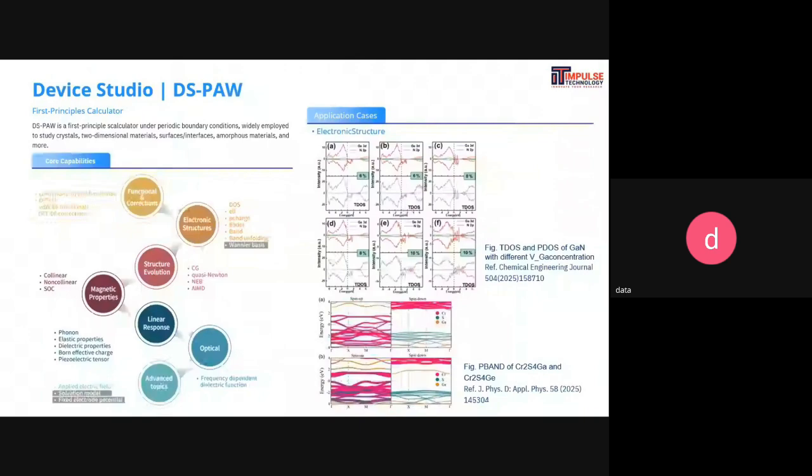Now let's talk about the third software, which is the DS-PAW software. It is also available in the Device Studio GUI, where you can find electronic structure, structure evolution, magnetic properties, linear response, and optical. In electronic structure, you can find DOS, charge, partial charge, and band unfolding. It is based on plane wave,